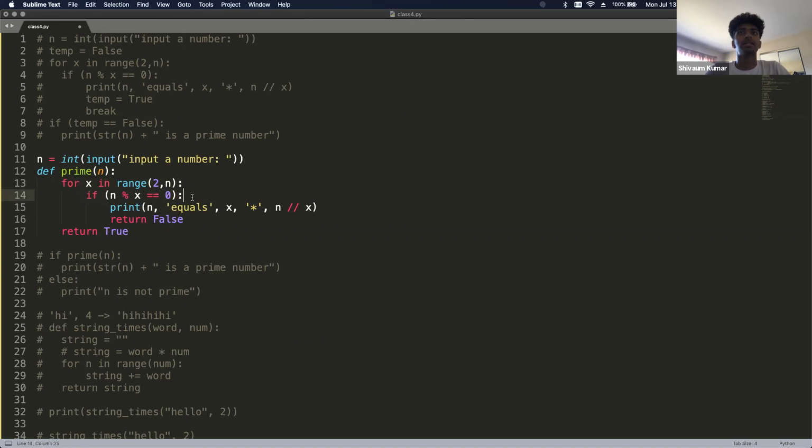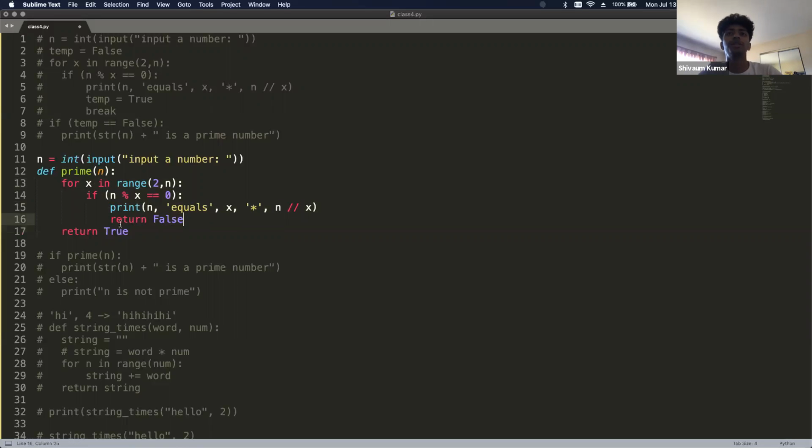That's how you learned last time for determining a prime number, and then you print that out if there actually is a number divisible. And then we learned the return value in a function. So we return false and then we return true. Basically, return false if it finds a number that is divisible, and return true if it can go through the entire for loop without finding a number.